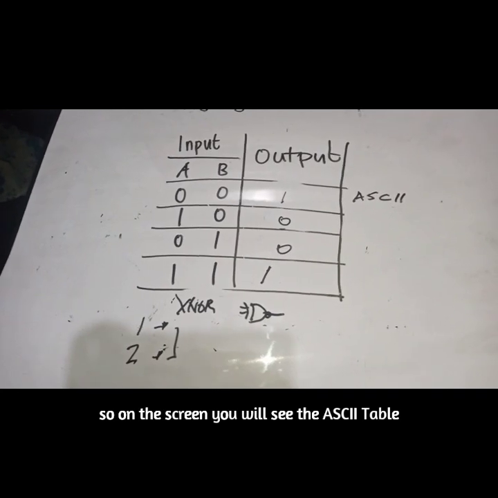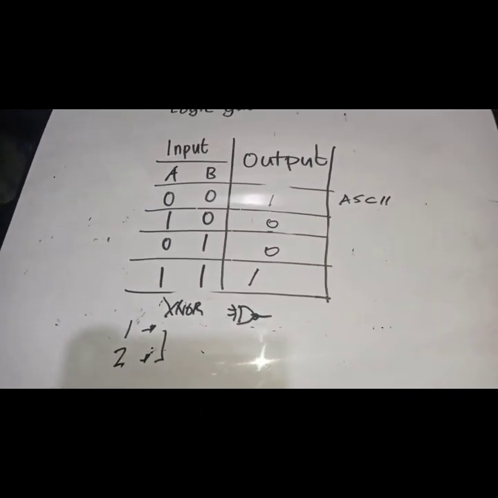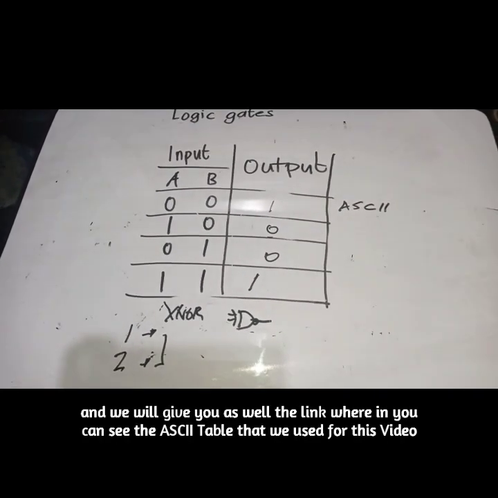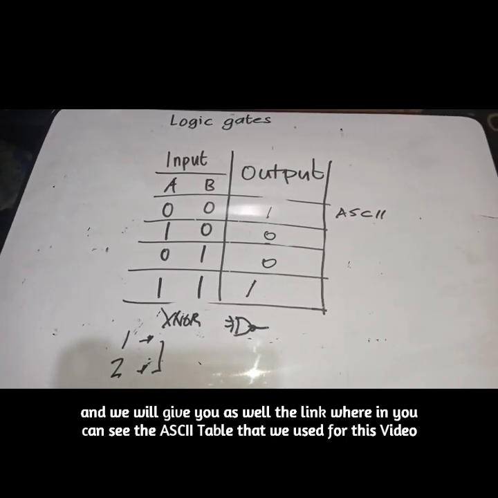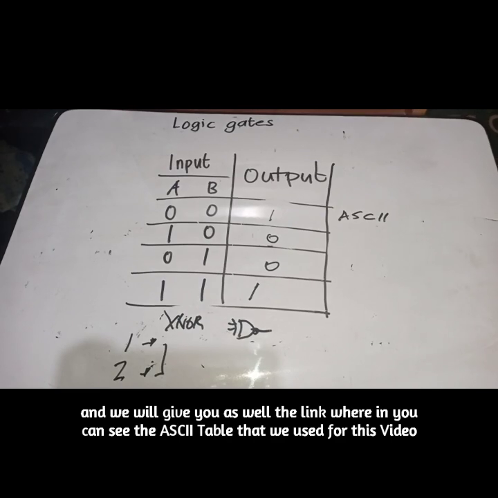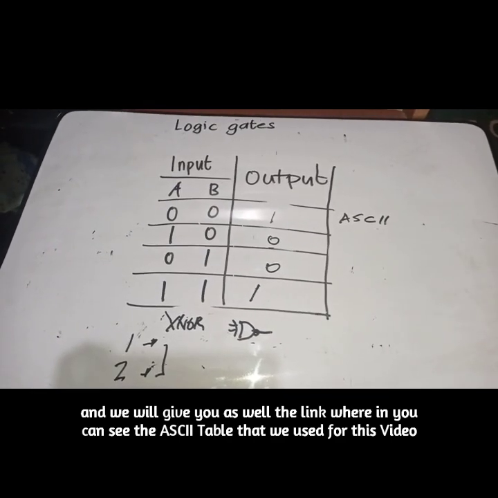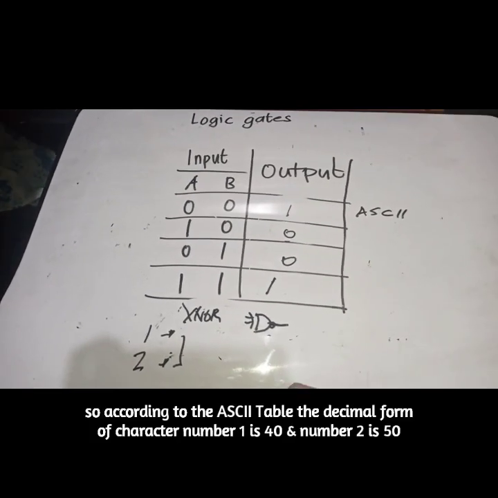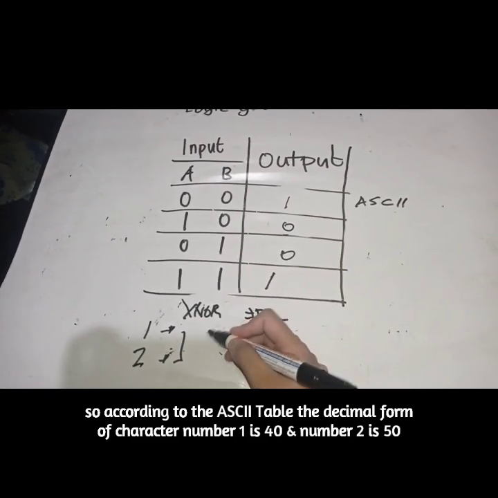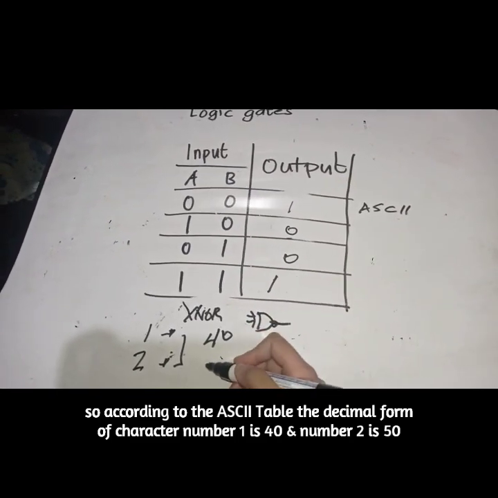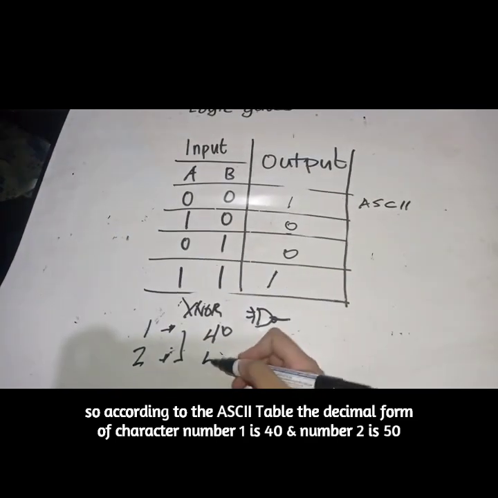So on the screen, you will see there the ASCII table. And we will give you as well the link wherein you can see the ASCII table that we use for this video. So according to the ASCII table, the decimal form of character number 1 is 40